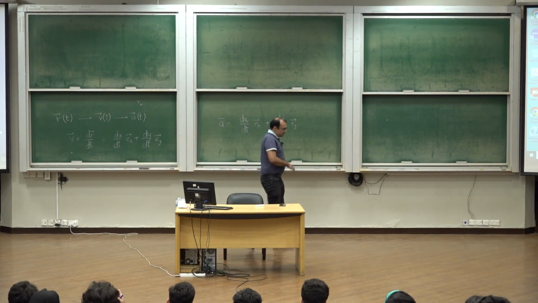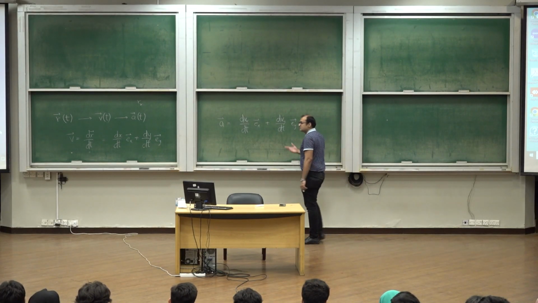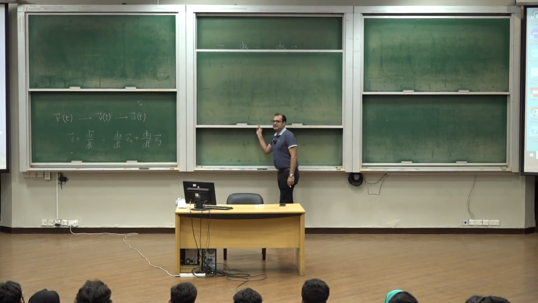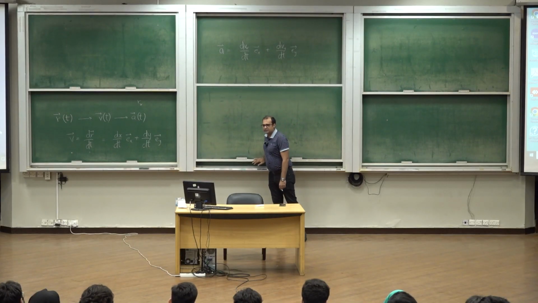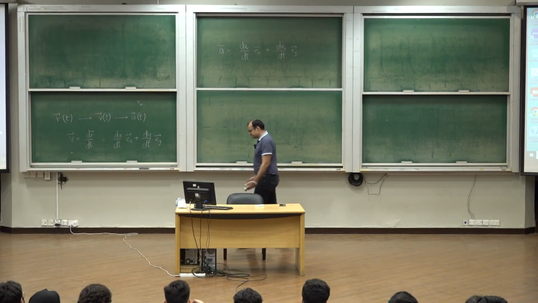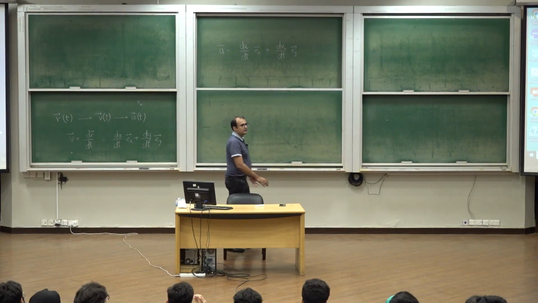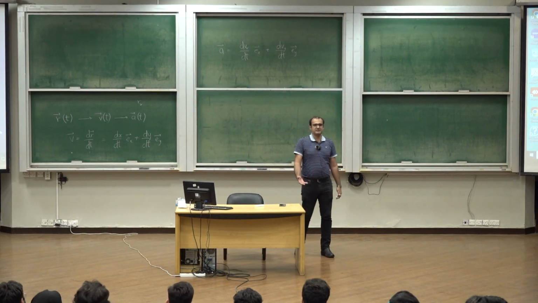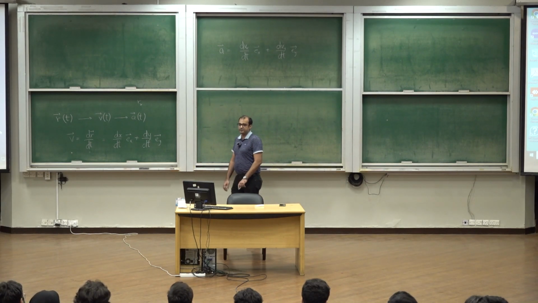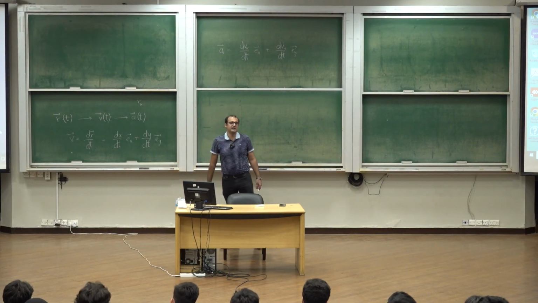Anyway, so let's apply this. The first application we'll do is so-called circular motion, and in particular uniform circular motion. So you have an object that is rotating in a circle, and of course the special thing about an object that is moving in a circle is that its distance from a fixed point is constant. That's what it means to have a circle. A circle is a set of points such that for every point in this set, the distance from a fixed point is the same. That distance, of course, being the